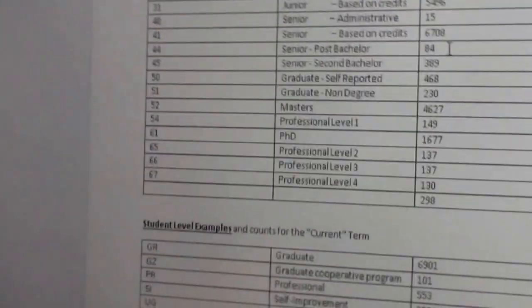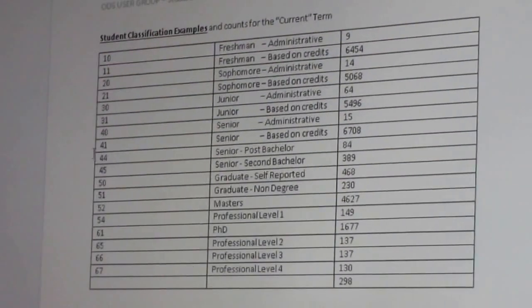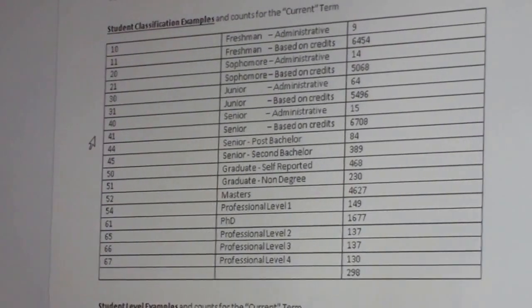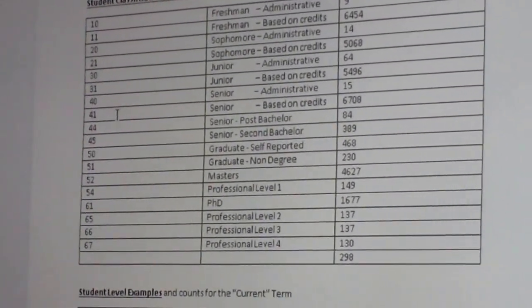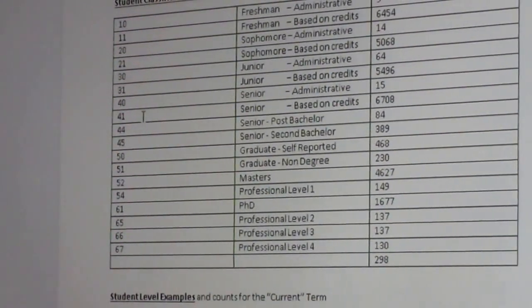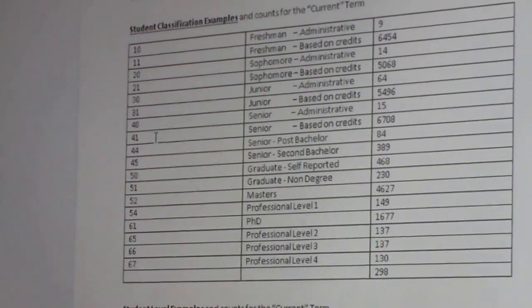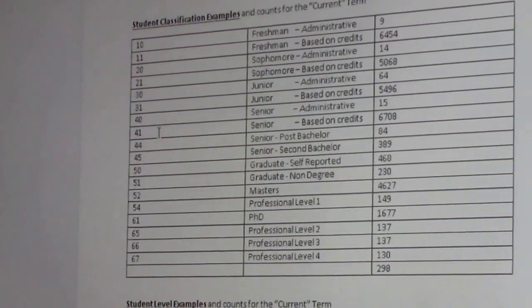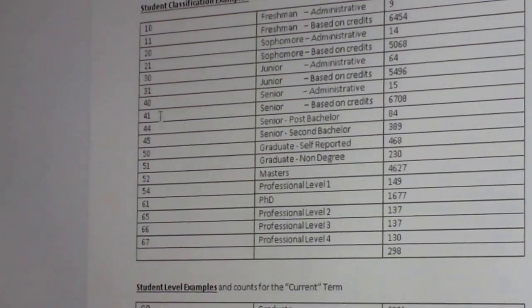Now, there are certain things I wanted to point out within here. So student classification. You'll see values like the 11, the 21, the 31, and the 41 for the undergraduates. Those are based on their credits. So X number of credits means you're a freshman, then the next credit after that you're a sophomore, then a junior, then a senior. The difference between the 10 and 11, or the 20 to 21, 30, 31, 40, 41,